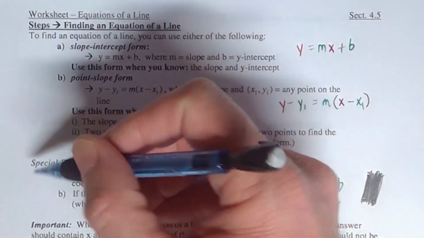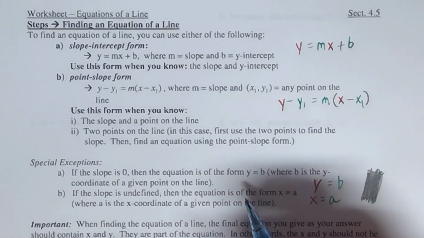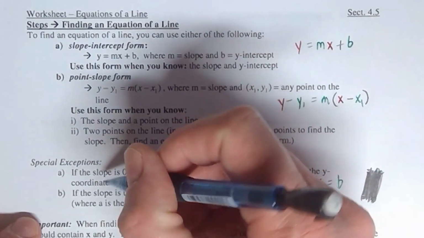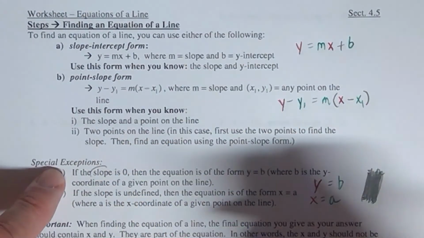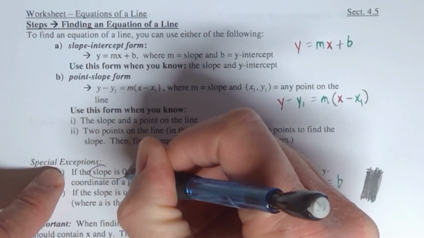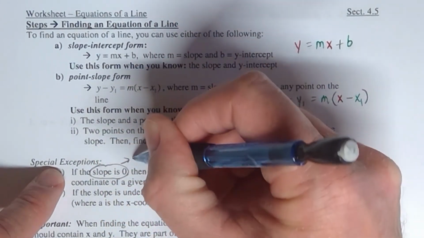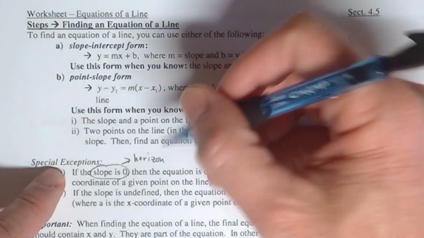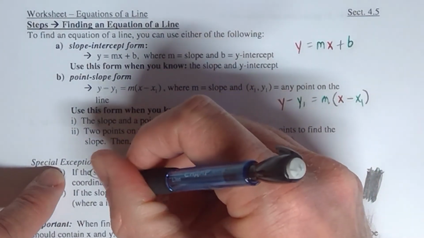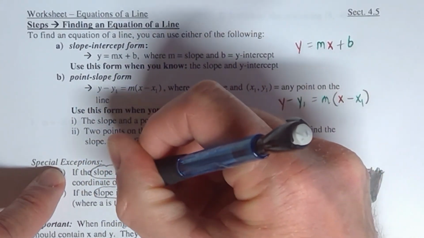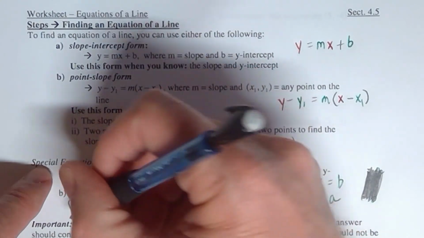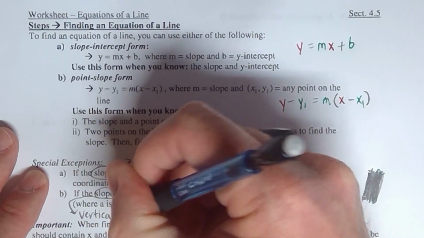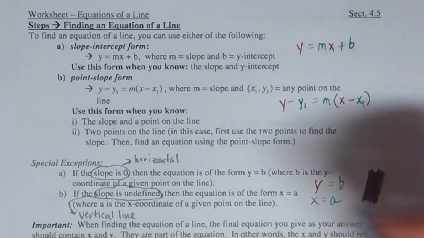First of all, as we've seen throughout this chapter, whenever you have a horizontal or vertical line, and you can see here that that's where it says special exceptions right here. It says if the slope is 0, and we know already that that automatically means that it's a horizontal line, or if the slope is undefined, which automatically means that that is vertical. In both of those cases, no surprise, we will have a different way of doing the problem in that particular case,